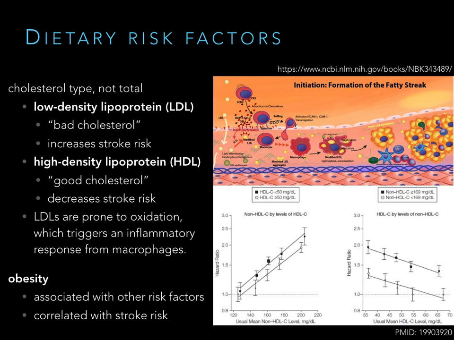If we start on the left, in both cases, the y-axis is showing you essentially the risk of stroke, one being normal risk. Anything above that would be elevated risk. The x-axis on the left is showing us the consumption of non-HDLs. We'll think of that as LDL. So as we move from left to right, we're consuming higher levels of LDL, and we can see that the